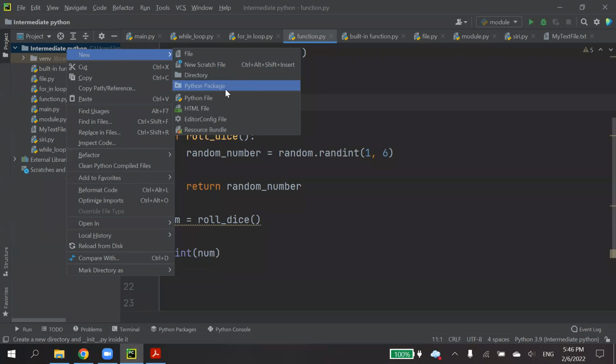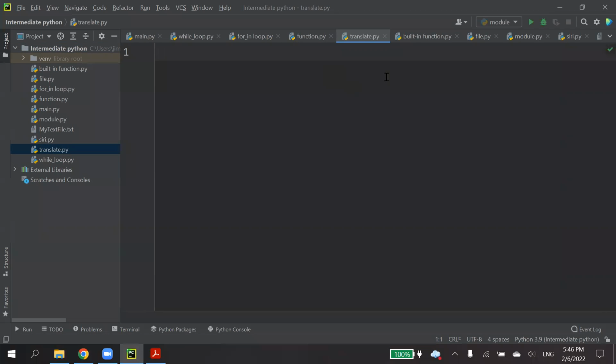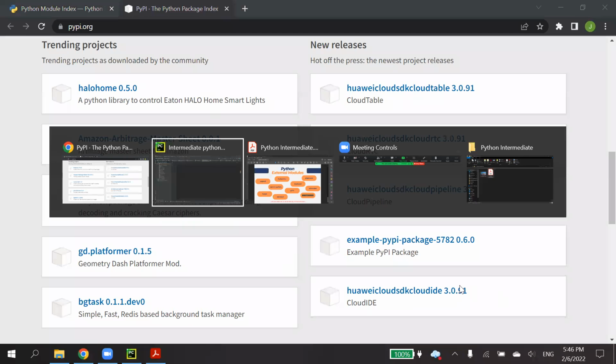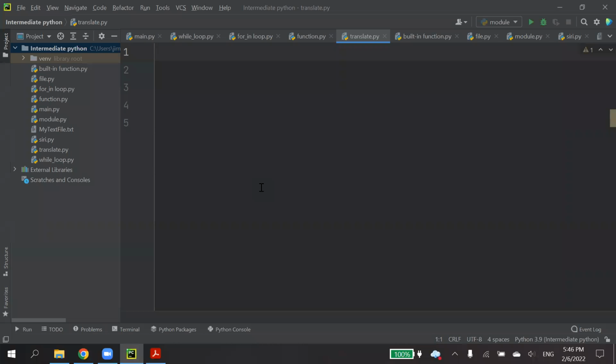So let's say we name a Python file translate. Before we start, I have to install the package first because I want to use this deep translator and it is not built in. That's why I have to install it first. So where to install?